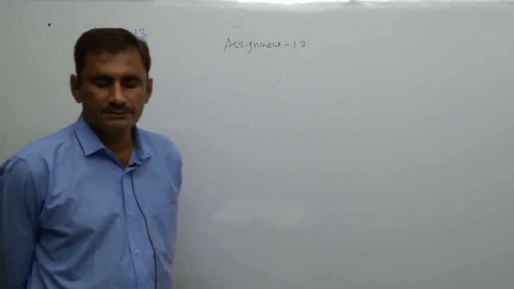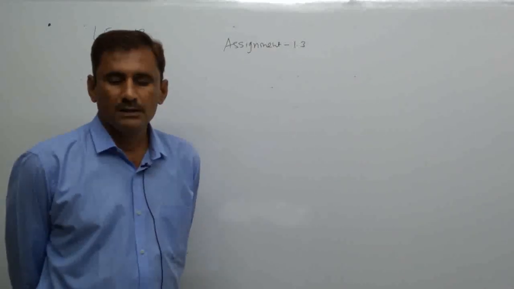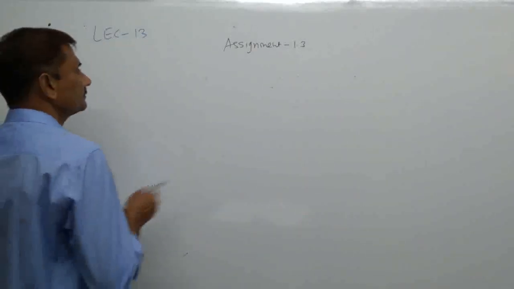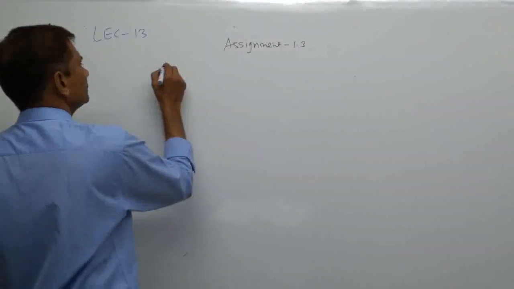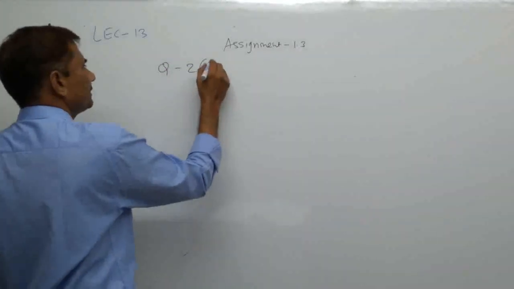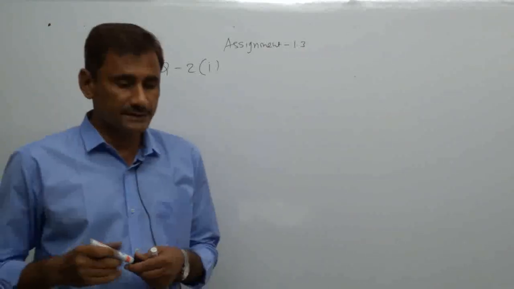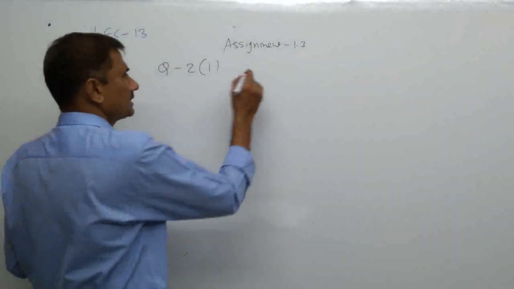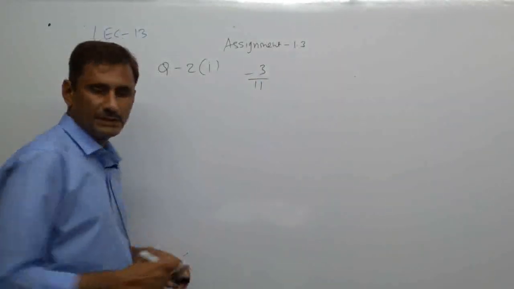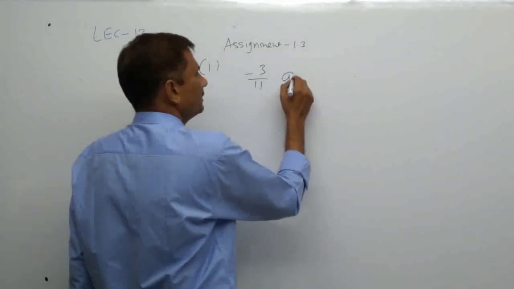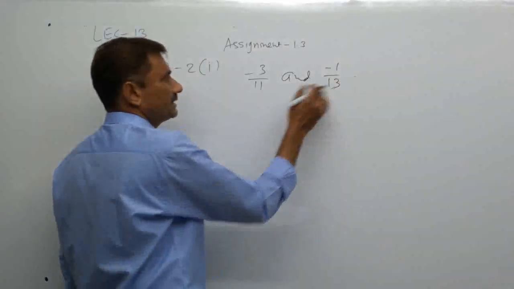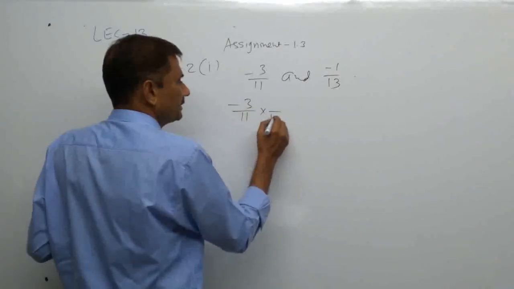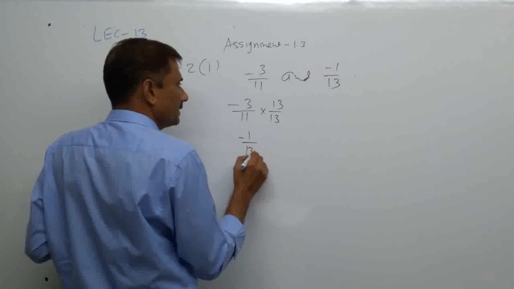Insert 5 rational numbers between the given numbers. I am doing any one sum here. We already discussed the same type of question in examples 25 and 26. They want 5 rational numbers. First of all, the sign should be assigned to the numerator only, and then minus 1 by 30. So make their denominators equal. How? You know it. Multiply the first by 13, and the second by 11.